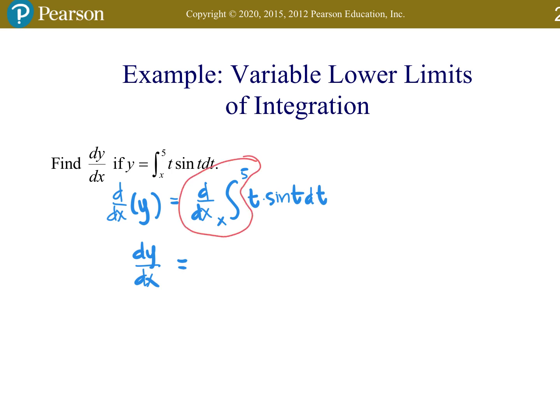What are they going to do to each other? They're going to cancel out. Okay. So I'm going to be left with not just sine something, but 5 sine something, because there's the t there. I'll be left with both of them. So I will be left with 5 sine 5